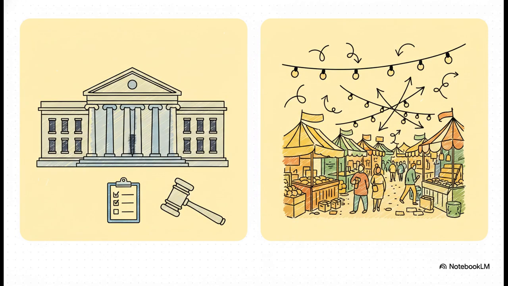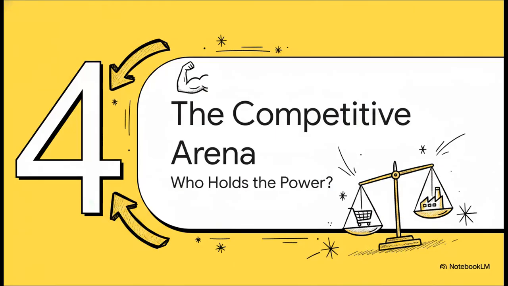And of course, you've got to consider the rules of the game. We have regulated markets. These are highly structured beasts like stock or commodity exchanges, driven by strict statutory provisions from a government. Contrast that completely with the unregulated or free market. Picture an independent street bazaar operating purely on the raw forces of free demand and supply. No overriding regulations dictating every single move. Finally, we reach the deepest layer of our matrix, the competitive arena.